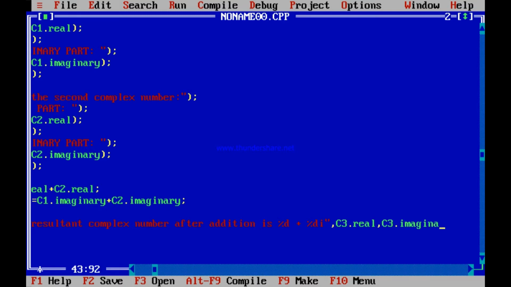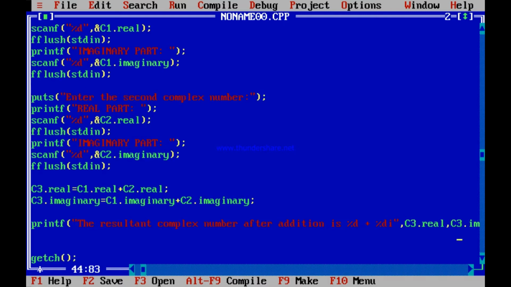Is not it so? I am just printing this, that is C3, the real plus imaginary part with i. This is what I should write. So I think you have got this program.